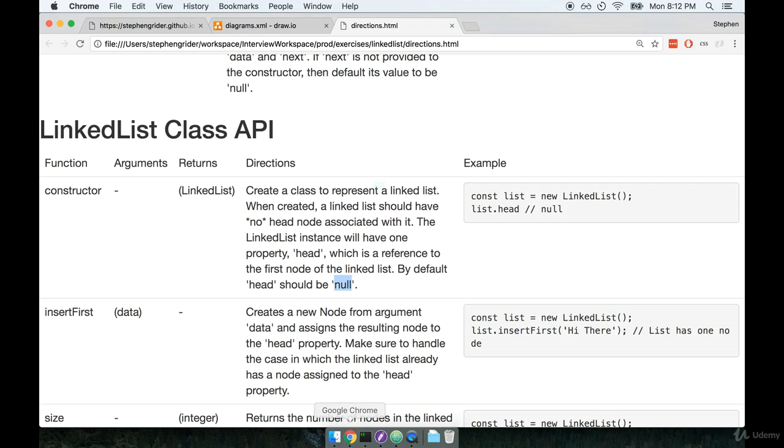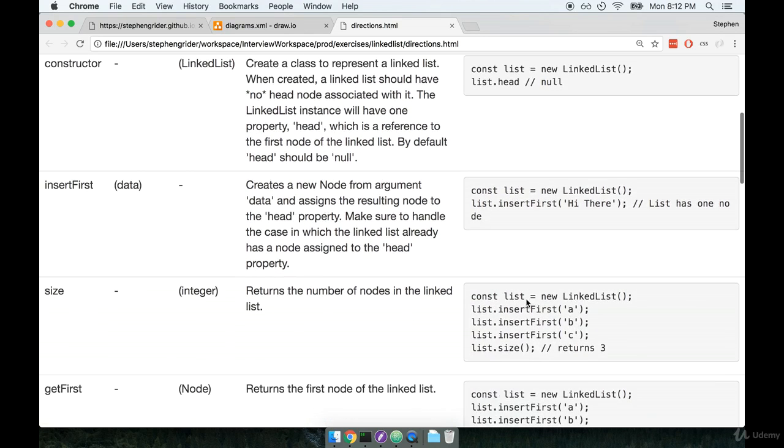So let's now go back over to our browser and find our directions.html document that's going to give us a little guide on what this insert first method is supposed to be. So again, the method name that we're going to implement right now is insert first. Insert first takes some amount of data as its only argument. Remember that data in the context of a linked list can be any type we want. So it can be a number, a string, an array, an object,